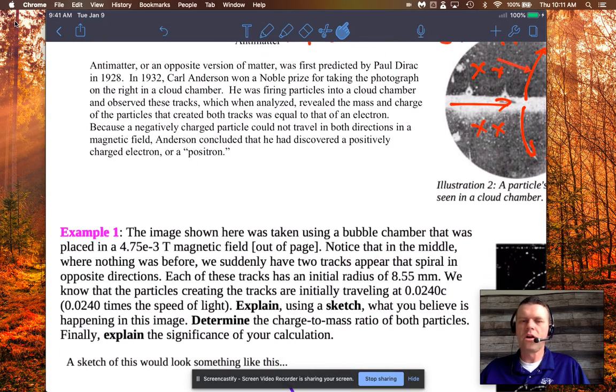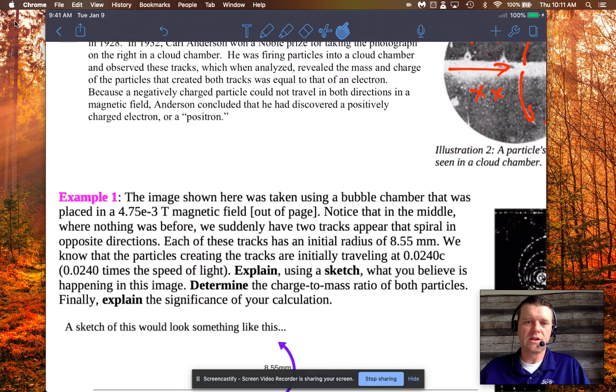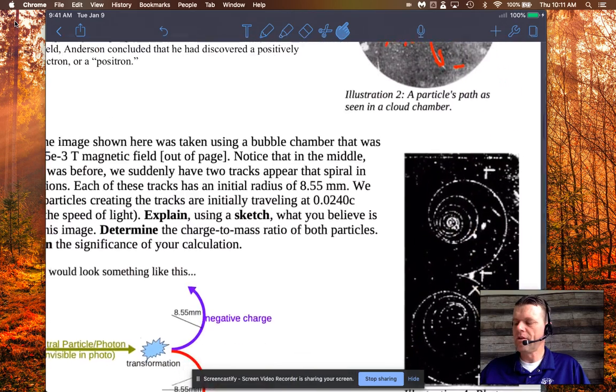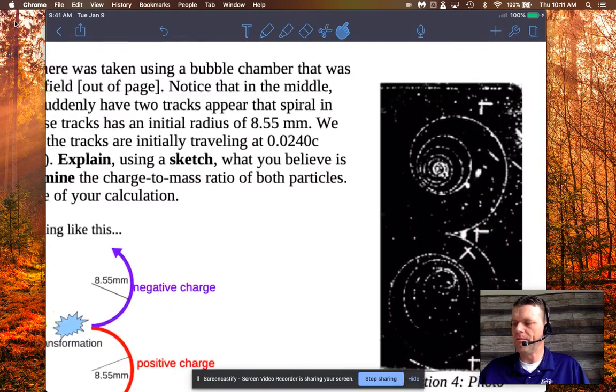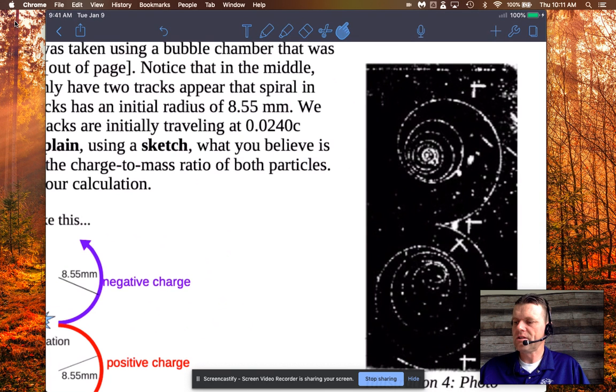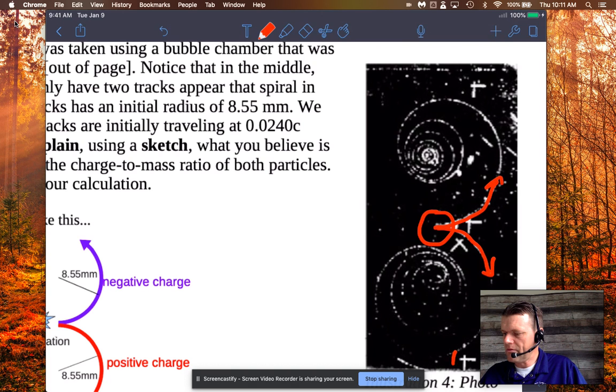So I'll just walk you through this. We won't really do the math directly here because it's kind of been done for you. So here's another picture in a bubble chamber, this one. And it's very similar to what we just described, in that you don't see anything here until all of a sudden there's this part right here where there's a branch, where two tracks branch away from that location. I think these little marks in here are indicating a magnetic field, in or out.